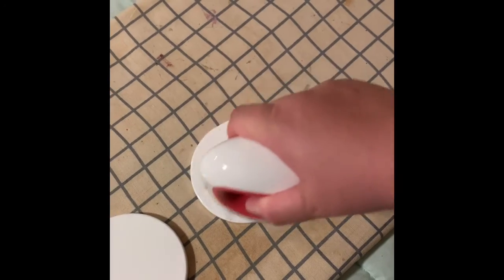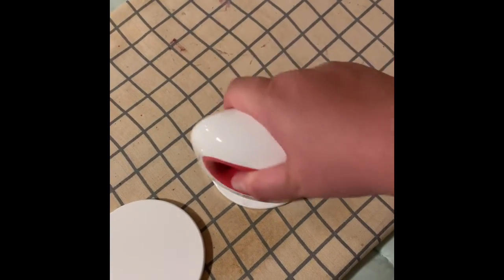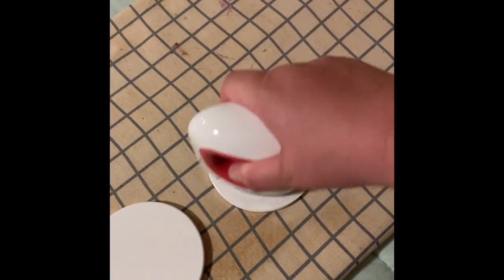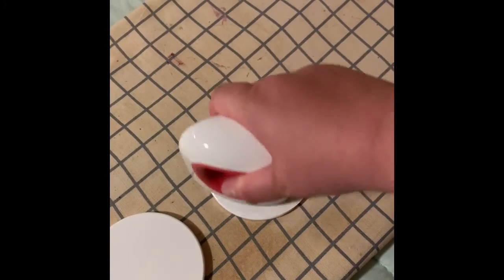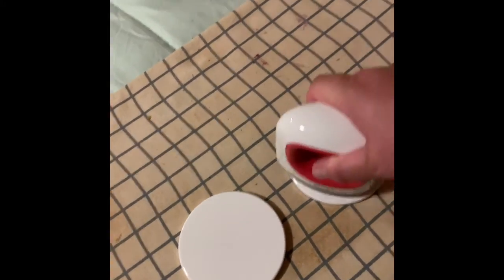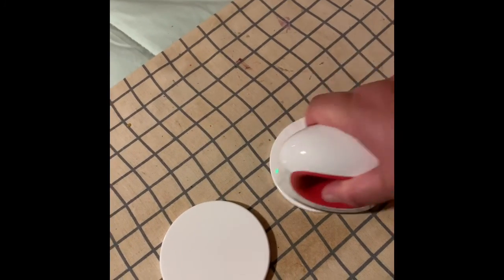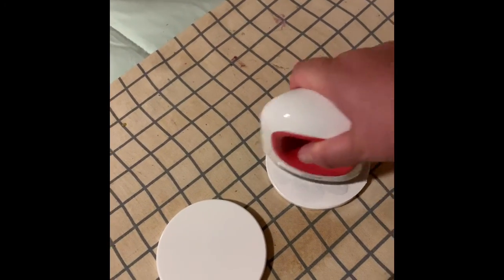As you can see, here's my mom's. I'm going around in circles. I thought maybe that would help. Turns out, no. I slowly went back and forth instead of going around in circles. It tends to be much better once I did that,